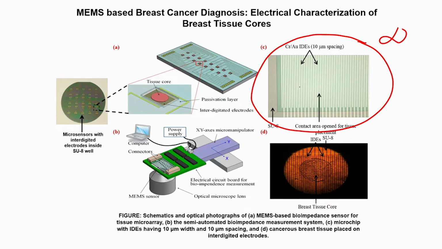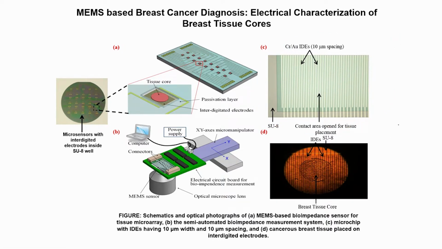Now, on this if I place a tissue, which is this particular image, you can see the tissue placed on the interdigitated electrodes, what will happen? There will be a change in the impedance value, the Z would change, right. The Z of this would be some kilo ohms or mega ohms, while the Z of the empty one will be close to infinite,